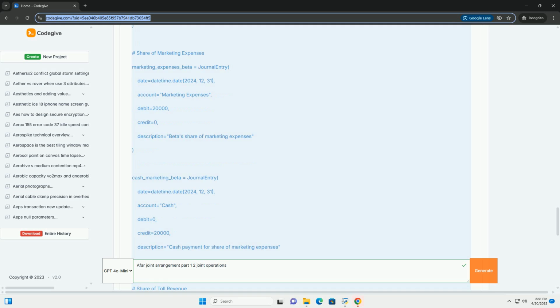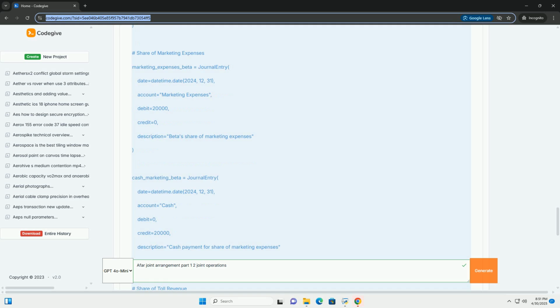Co-development of a property: two construction companies jointly developing a large real estate project. Each company contributes resources and receives a share of the proceeds from the sale of the properties. Accounting for joint operations, the core principle. A joint operator shall recognize in relation to its interest in a joint operation: